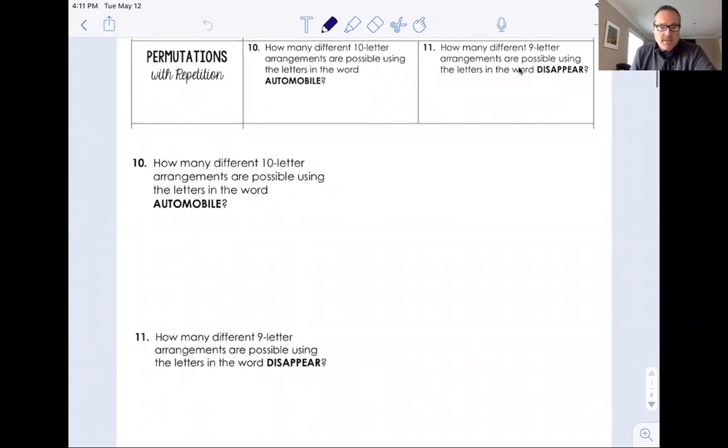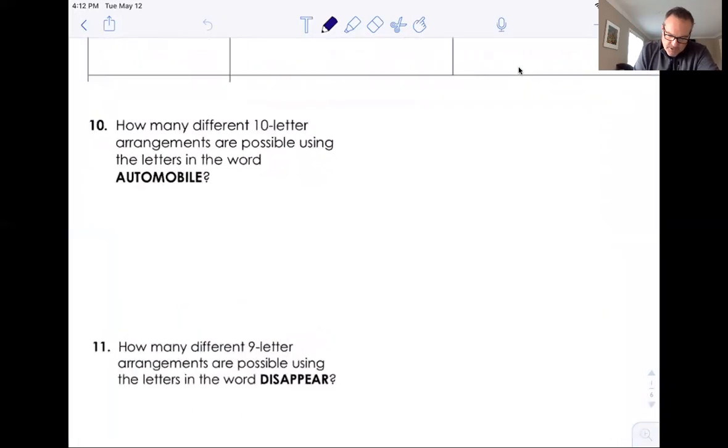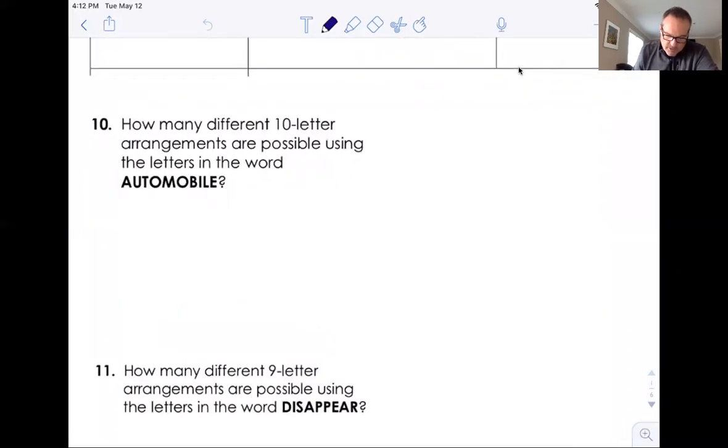Number 10 says, how many different 10-letter arrangements are possible using the letters in the word automobile? And of course, the first thing I already told you, it's a 10-letter word, so you don't even have to count the letters. There are 10 letters in automobile. Next thing we have to do is look for repeat letters. And the only letters that repeat are the O's. They appear twice. So if you just wanted the different arrangements of a 10-letter word, it should be 10 factorial,